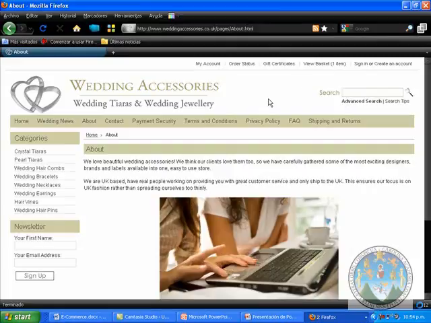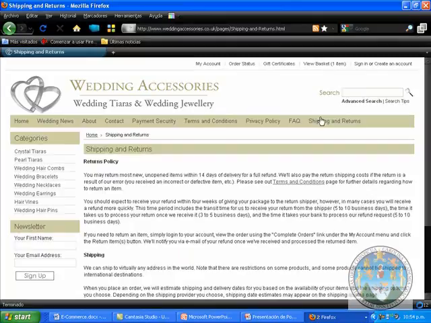So now let's see shipping and return policy. This is very important because the customer needs to know what happens if the product is not quite what he or she wanted or expected. Then there must be a return policy, of course. The return policy